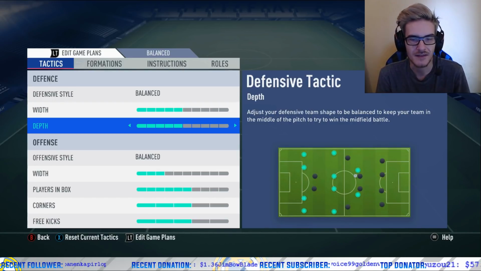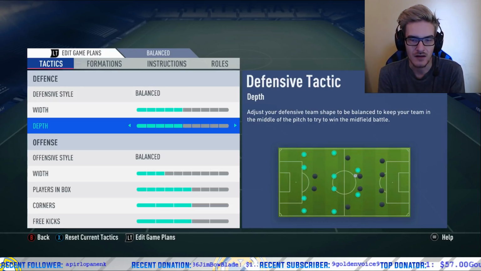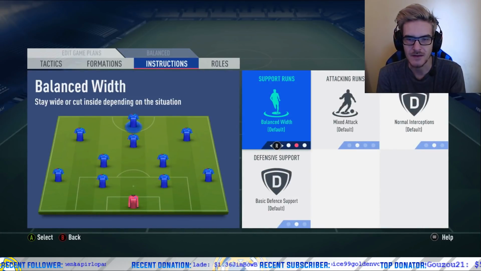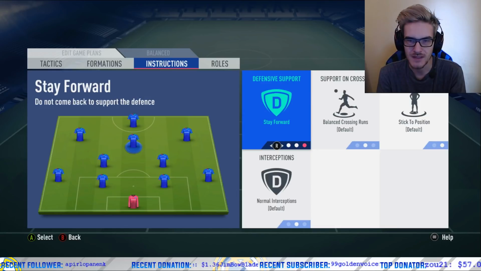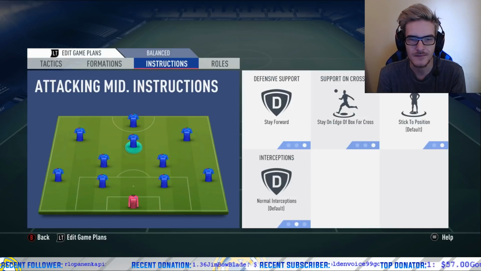it's a pretty decent tactic. I don't get exposed. I don't overcommit in tackles either. I like to defend. I wouldn't say mostly manual, but I like to defend manually as well. So if you can't do that, maybe you'll find it a bit harder. Instructions: get in behind for your striker. Stay forward for your CAM, and stay on the edge of the box for cross